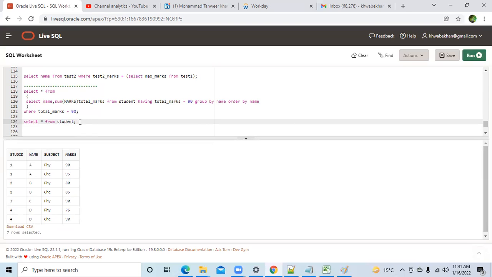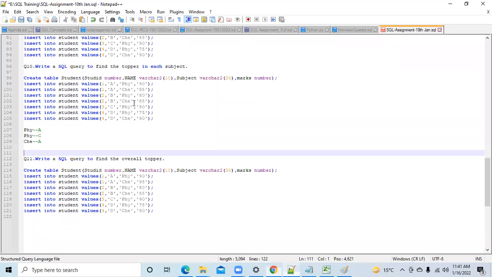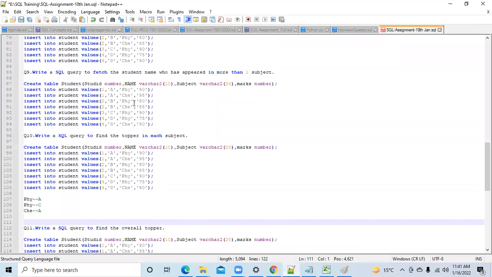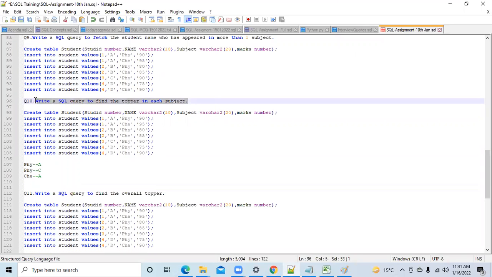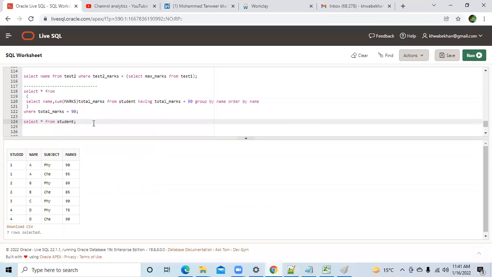If you have understood that, then here is an assignment for you. Using that same CTE expression or the subquery, you have to write the query for this as well: a topper in each subject. This is homework. Using a CTE expression or the subquery, I have told you two methods to solve that question. You have three to four more methods. We will discuss that down the line.